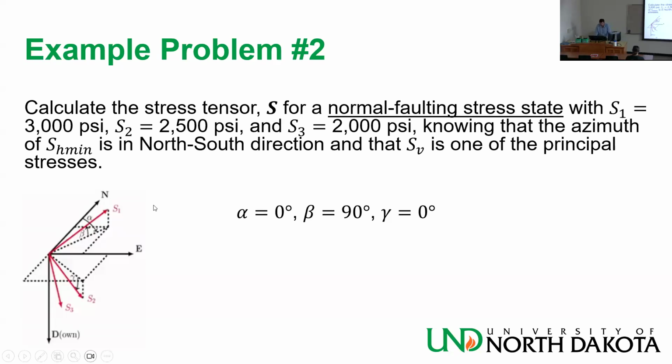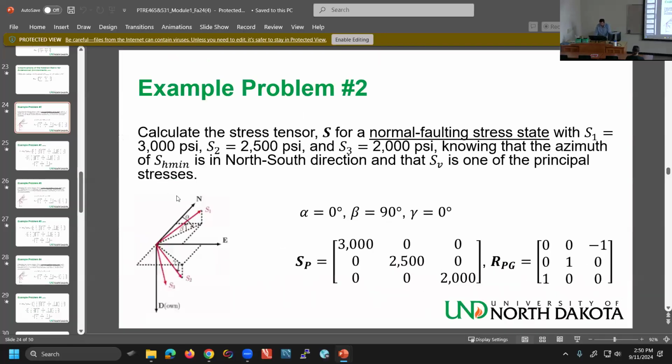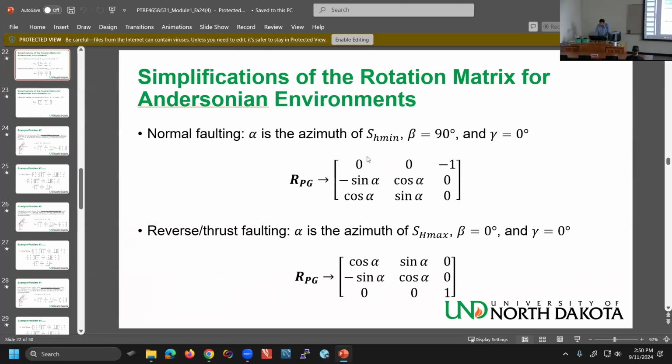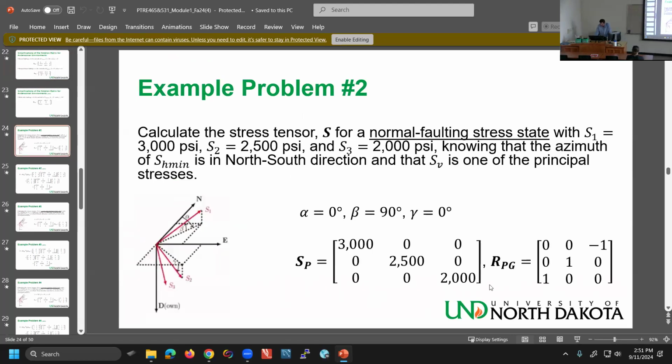I don't need that because I know that it is a normal faulting stress state. So if I go back, normal faulting stress state, I have alpha, the azimuth of SH mean, beta is 90, gamma is 0. So I come here, I plug in those values to the Eulers, and my RPG matrix becomes